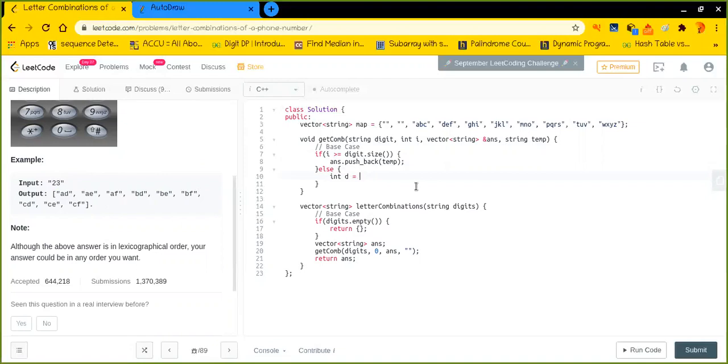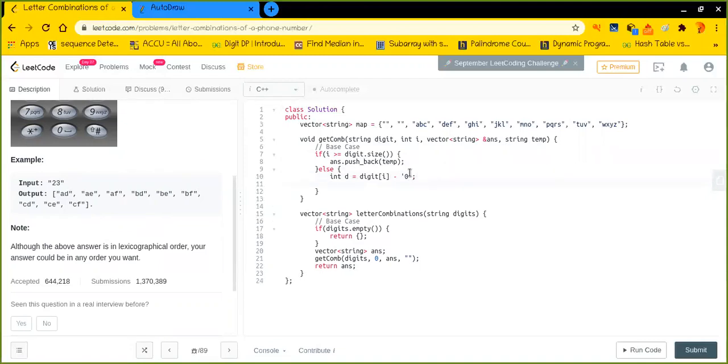The digit at I is the character minus '0', which has the ASCII value of 48, and it will give you the original integer that I am expecting. Secondly, I have to find the letters which are mapped with this particular digit. So the letters are nothing but the map of that digit, D.